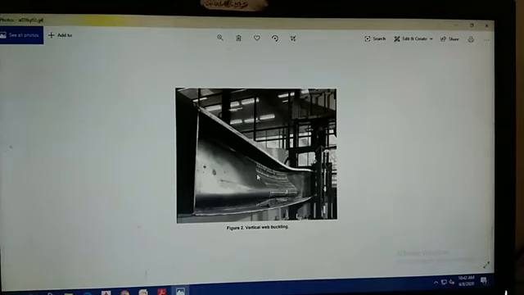When the member has more depth, your web becomes slender. That is the reason you should keep it in mind when designing your web. You have to see that your web should not buckle. Your web should have web buckling strength, right? There is also a possibility of web buckling and web crippling, so you should be very cautious when designing for shear. Web buckling takes place even for beams.